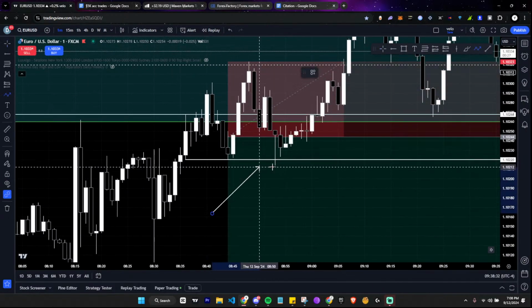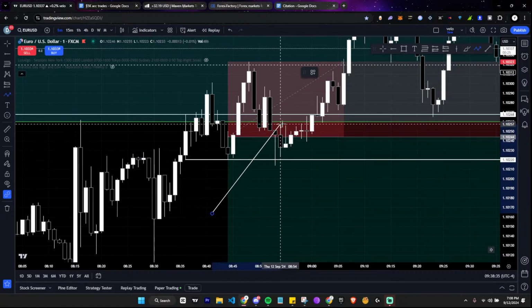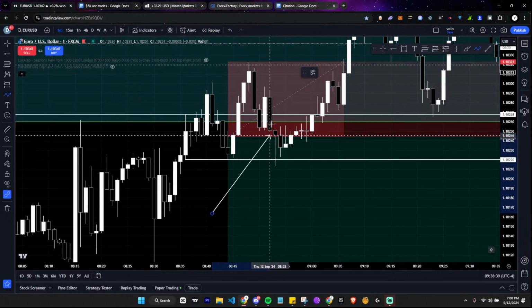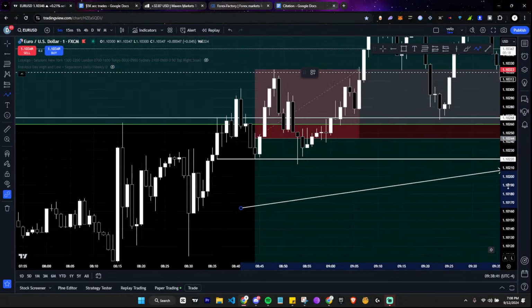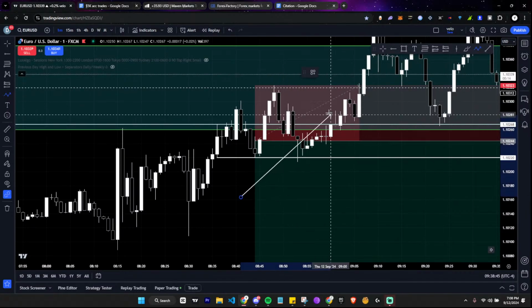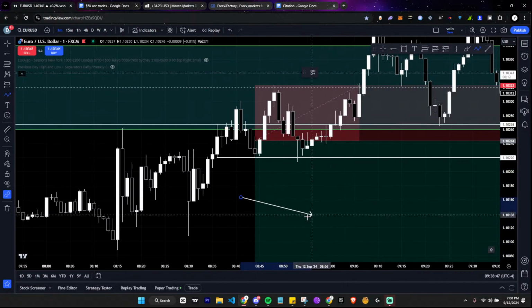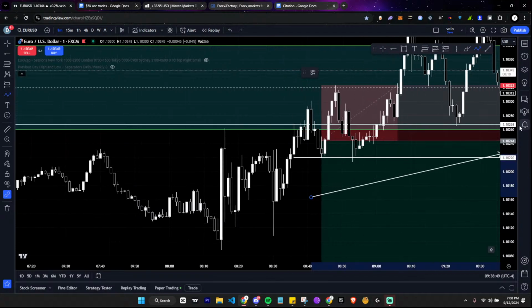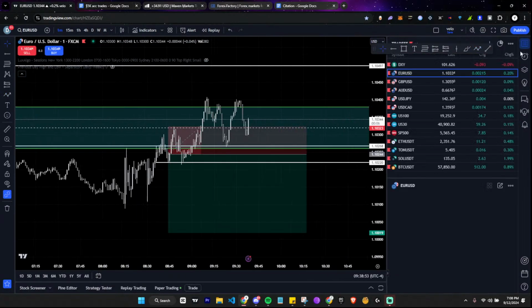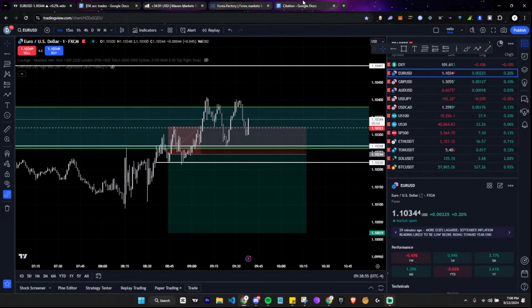So as you guys can see, this wasn't really a market structure shift, because why? Candle wick, right here. Okay, so it's supposed to be a candle body. Okay, so I went against my trading rules, and that's why I lost, obviously. So I was expecting a pullback and then entry from here to go lower. That was such a dumb little mistake that I could have avoided, and obviously price flipped up on my head just like that.